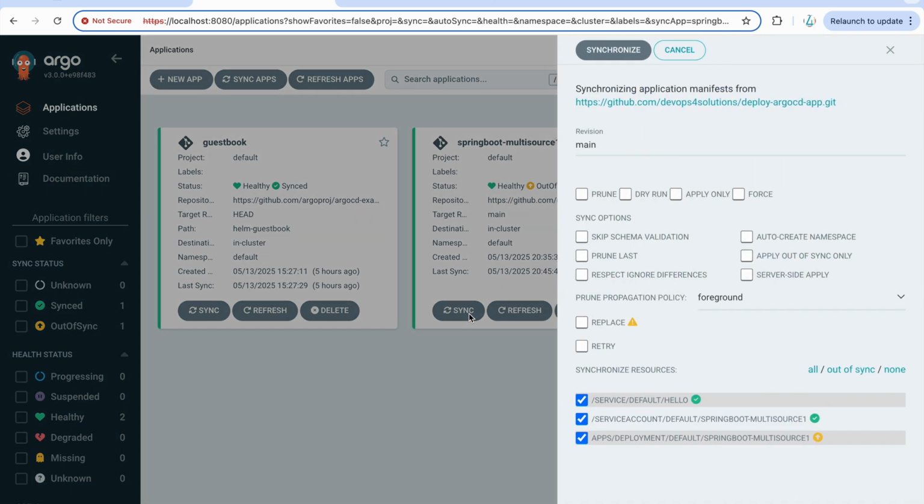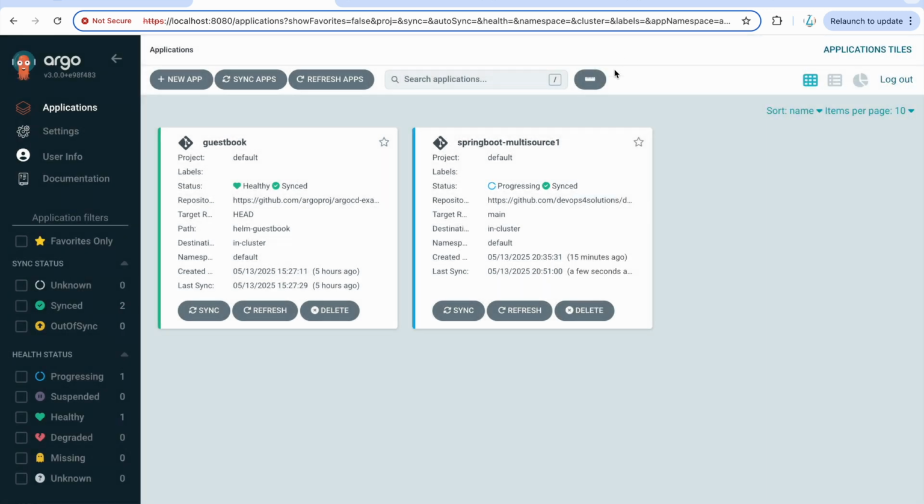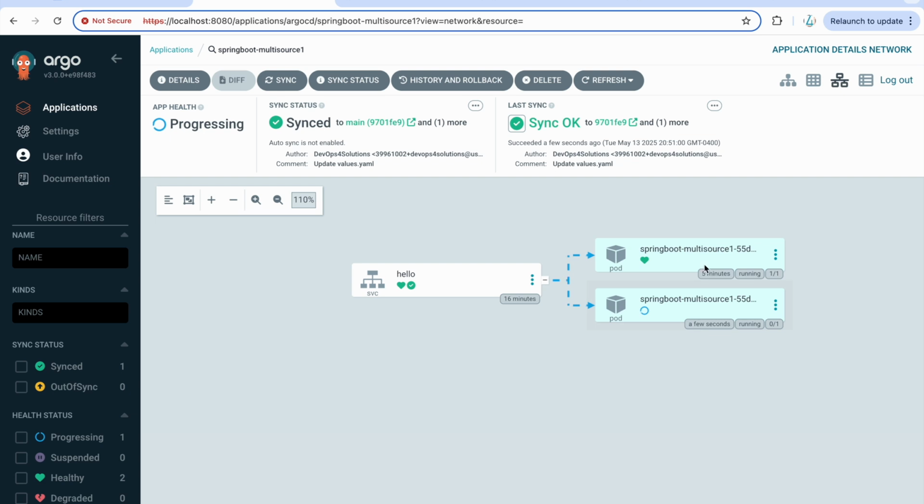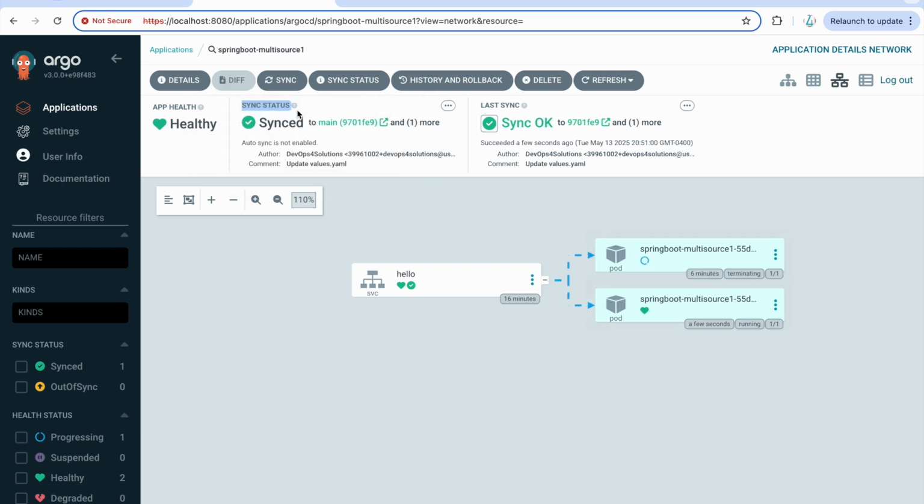And you can do the manual sync. You can just click on synchronize, and it will just do the sync. And here you can see it is doing the deployment. And here you will see the GitHub SHA has also changed. So always remember that sync status is just comparing what is in Git. It doesn't mean that it has deployed that change. When it says last sync, it means that yes, it has deployed this particular GitHub SHA.